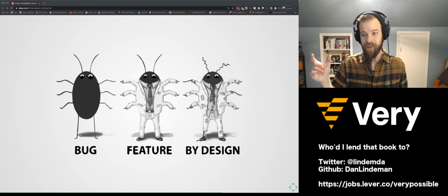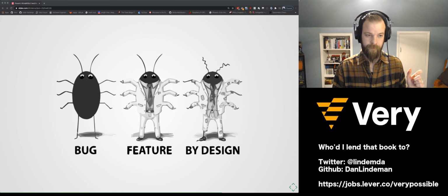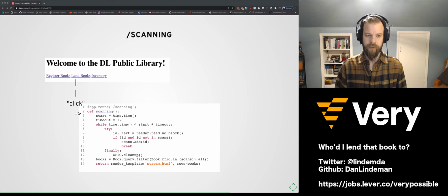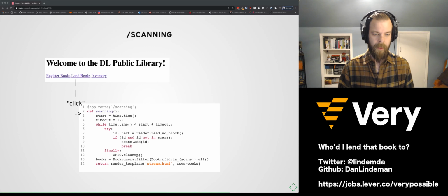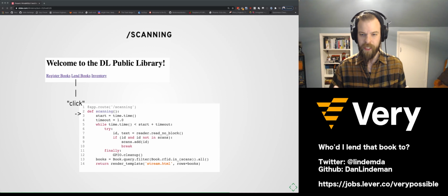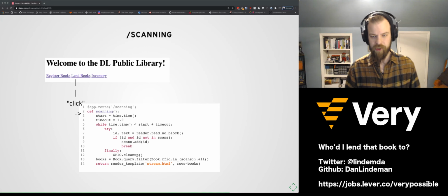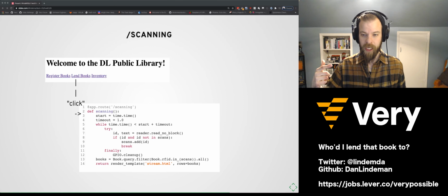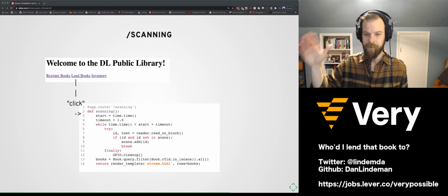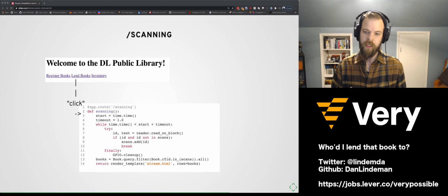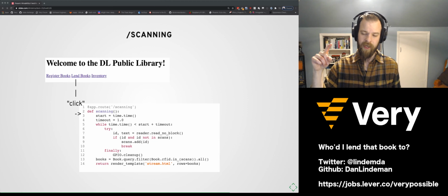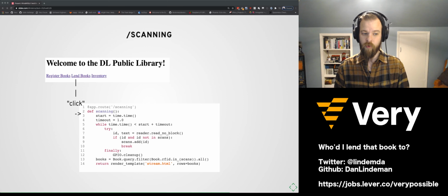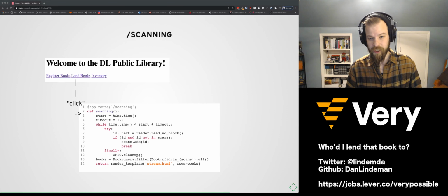And in write, it's not so bad. In read, however, it's a lot worse. So when we want this application to loan out books, how can we do that? We think there's probably a right way to do this, but let's take a look at the implementation as it is. What's happening here is the read no block is pretty much like write no block. It'll let us pass by it, so we can continue to do a little bit of work. So what I'm doing here is I've set a 1-second timeout for the RFID reader to scan its surroundings and look for books. That's not a very good user experience, right?